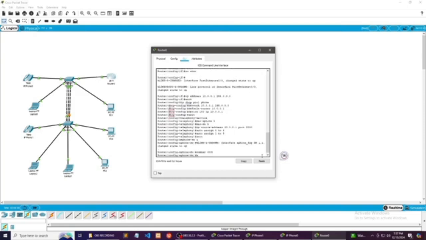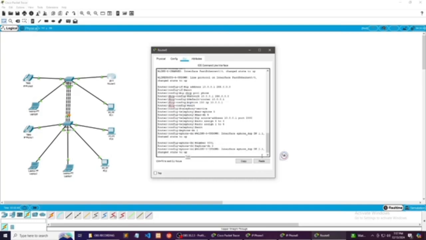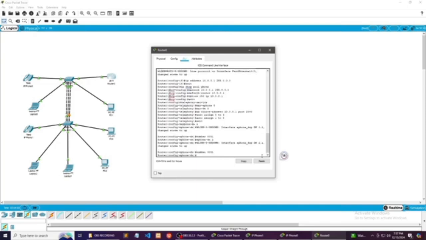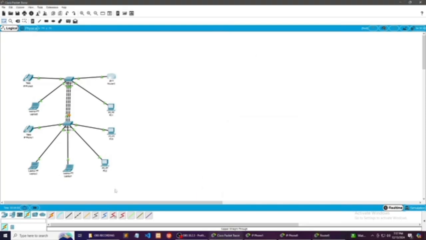After that, enter. Type ephone-dn space 2. After that, press the enter again. Enter again. Type number 0002. Then enter. And then after entering, you can close the router.